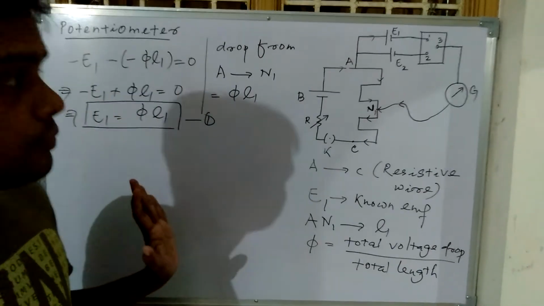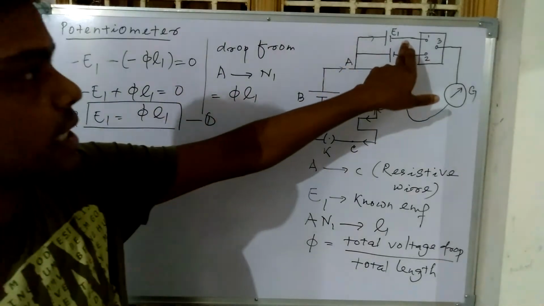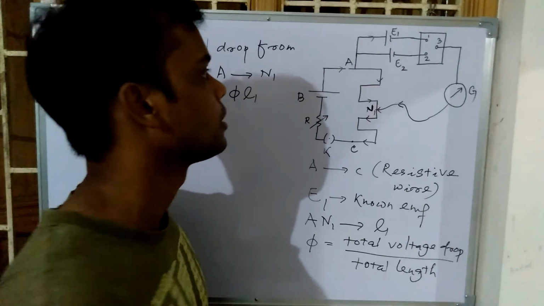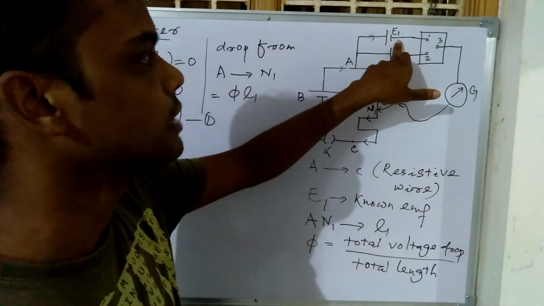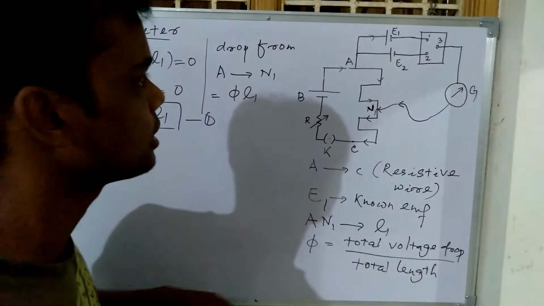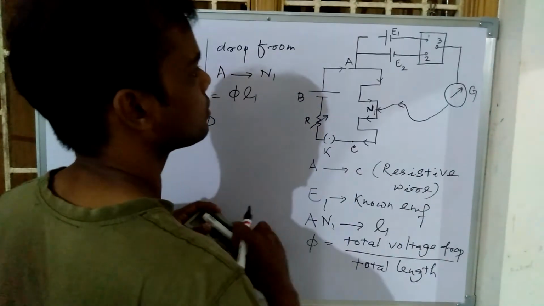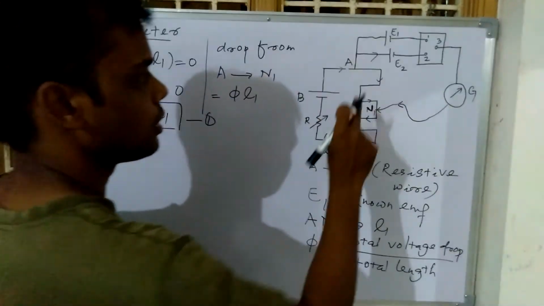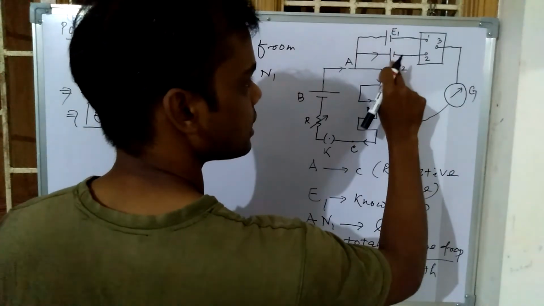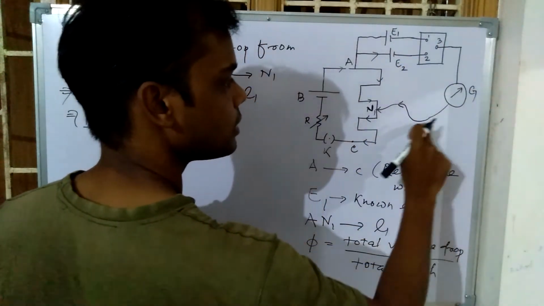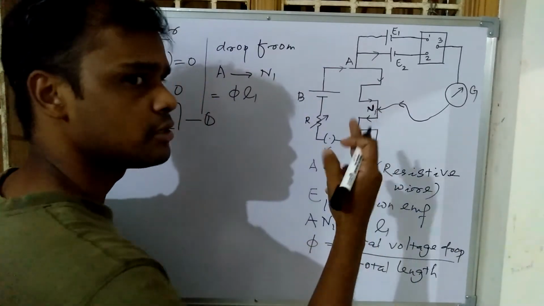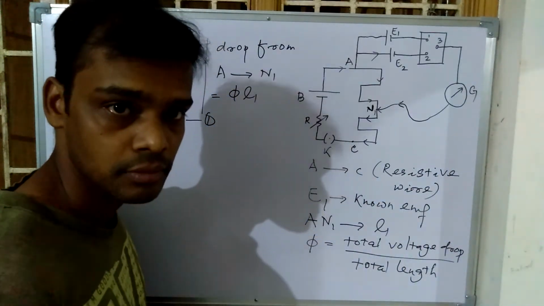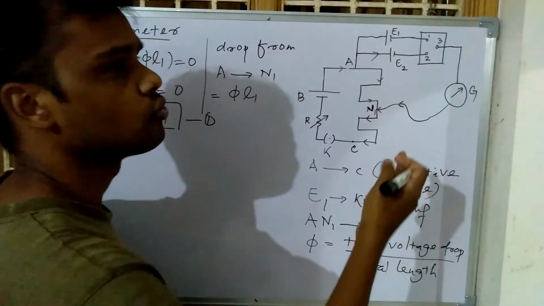Now everything is over. We got this equation by connecting 1 to 3. Now again come to the 2 to 3 connection. That means E1 is now disconnected, E2 is connected to the circuit. So current will not flow in this path, definitely. This is open now. Current will flow from A through this cell, through 2 to 3, through the galvanometer again, but here there is no guarantee that at N1 we will get zero deflection through the galvanometer. So it could be some other point.